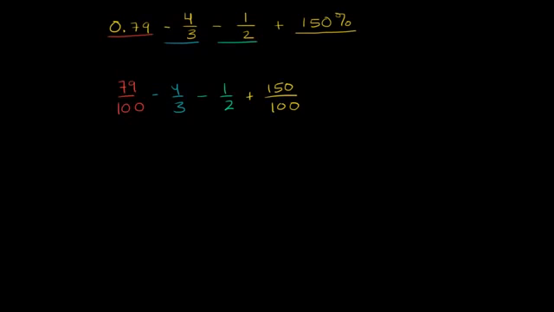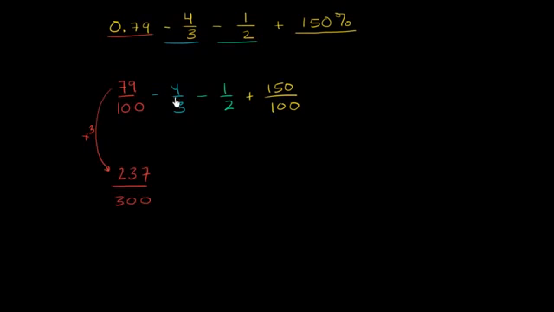So let me do this in this reddish color. So 79 over 100 is the same thing as, if I were to write it over 300, to go from 100 to 300 in the denominator, I'm multiplying by 3. So I have to multiply the numerator by 3 as well. Let's see, 80 times 3 would be 240. So it's going to be 3 less than that. So 240 minus 3 is